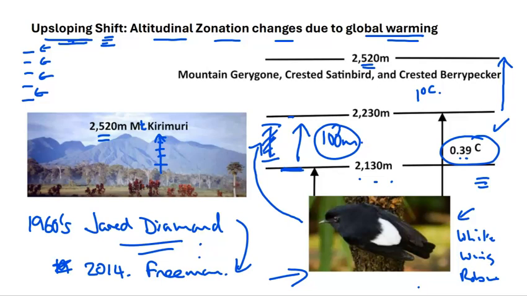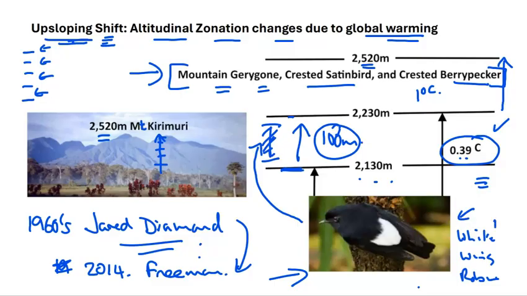But the process of doing so would bring the white-winged robin into conflict with the mountain gerygone, the crested satinbird, and the berrypecker, and the consequence is that this habitat niche interaction would result in the exclusion of these species for a number of reasons.